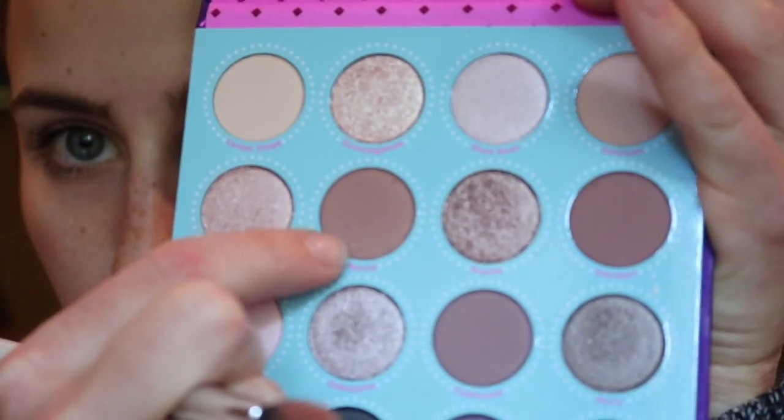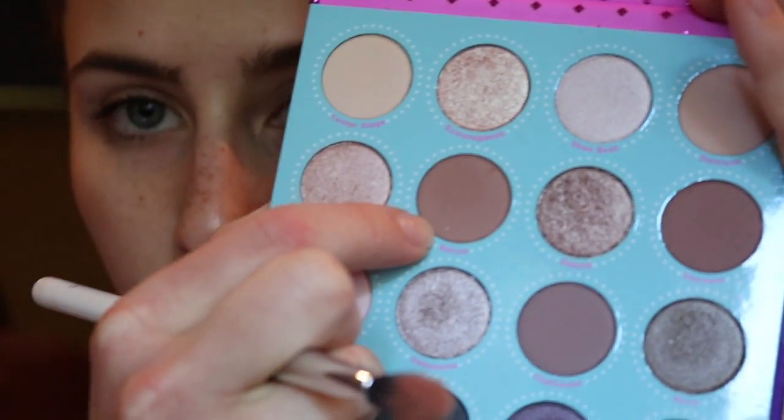Okay, so I'm gonna start by popping Razzle into my crease. It's a cool tone brown, and I'm just gonna use a really fluffy blending brush. And as I'm tucking it into my crease, I'm pulling it forward to about the edge of my eyebrow. And once I get out to the tail end of my eyebrow, I am pulling it straight so I'm not